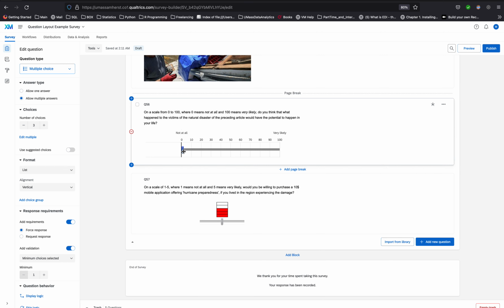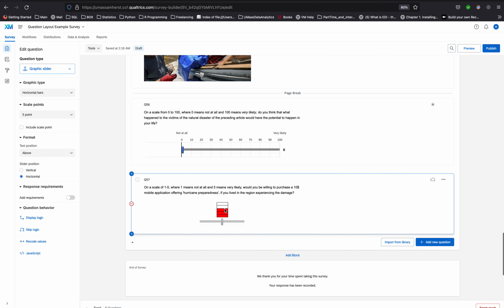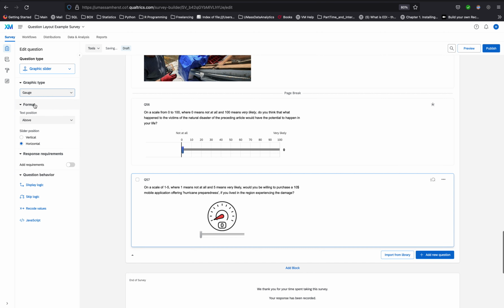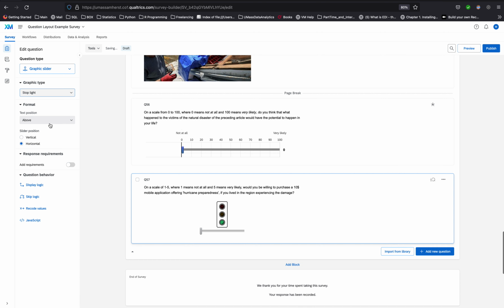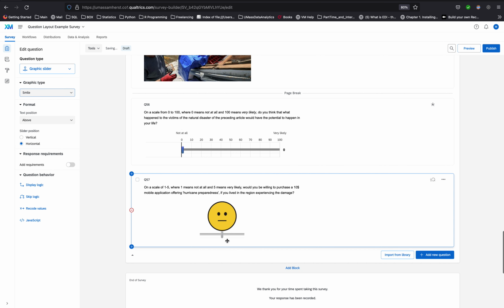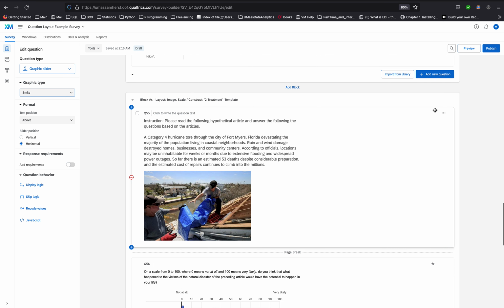There's the slider. This is the slider type of slider. This is a graphic slider, as you can see up here. The graphic slider has some cool options and a graphic type. It's kind of whimsical, you know, gauge, stoplight. I think my favorite, real quickly, is this one, but it adds a kind of a nice human touch to it. So I'm going to go ahead and do a preview of that entire block